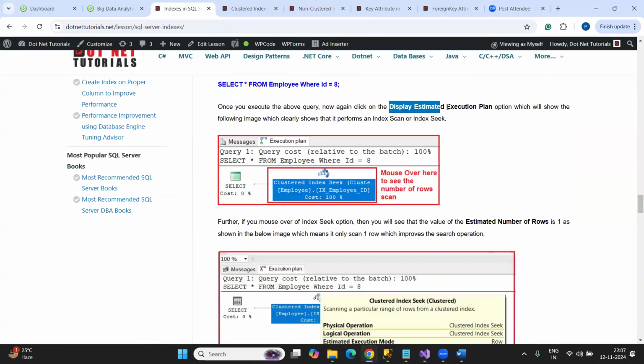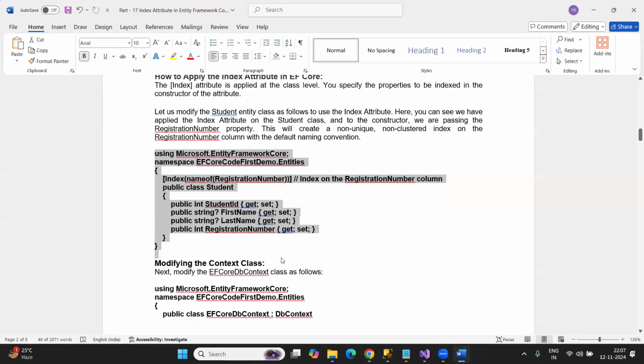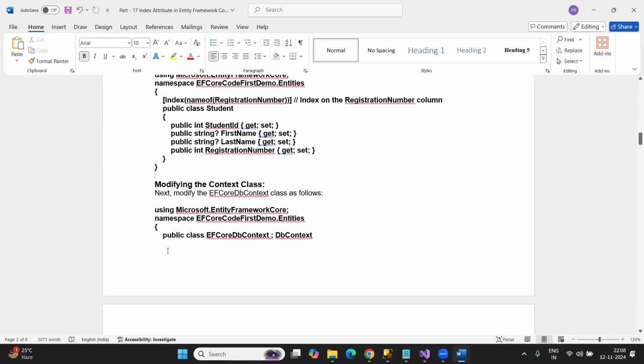Because right here, I'm not going to explain how indexes are working. Rather, what I'm going to discuss is how to use indexes with the Entity Framework Core concept. So whatever you are asking, this is purely a SQL Server concept. This is not related to Entity Framework Core. This is indexing. It is going to work on the database, not on our application. But yes, how to create those indexes so that they come into the picture, that is what we are going to learn here. My objective is